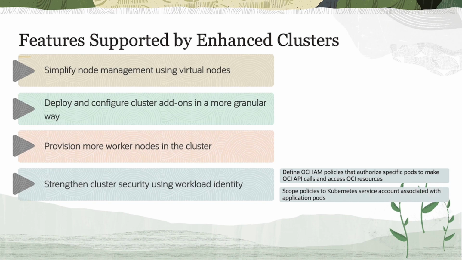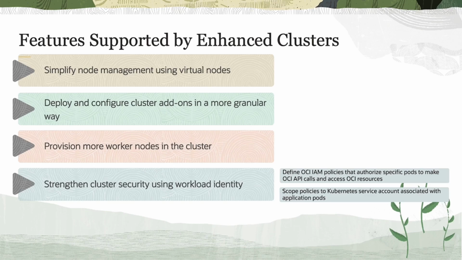By scoping the policies to the Kubernetes service account associated with application pods, you can now allow the applications running inside those pods to directly access the API based on the permissions provided by the policies. Additionally, OCI Audit automatically tracks all API calls made by Kubernetes workloads running on the cluster, providing an extra layer